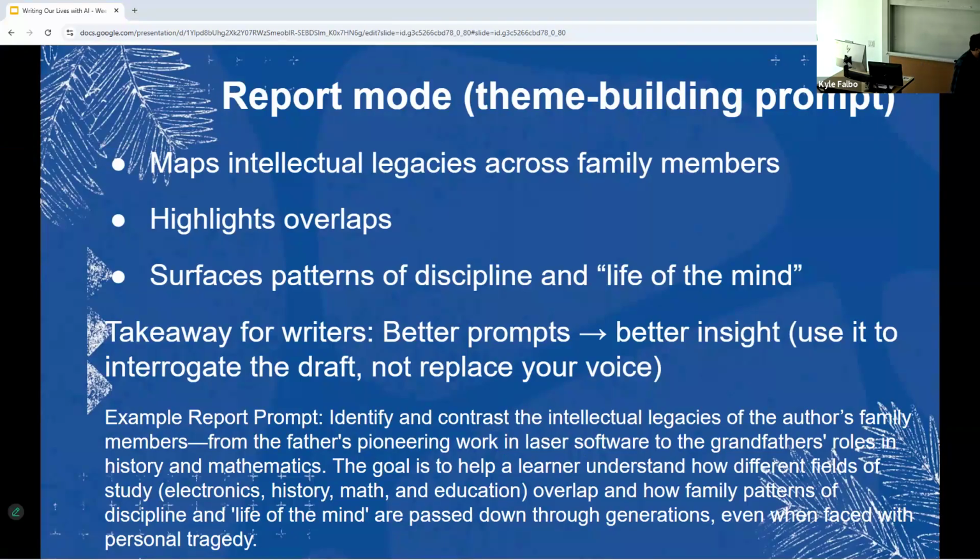And then the goal is to help a learner understand how different fields of study overlap and how family patterns. So maybe I don't care about the overlap piece. That wasn't valuable to me, but how family patterns of discipline and life of the mind, that's a very specific terminology I probably wouldn't be using.